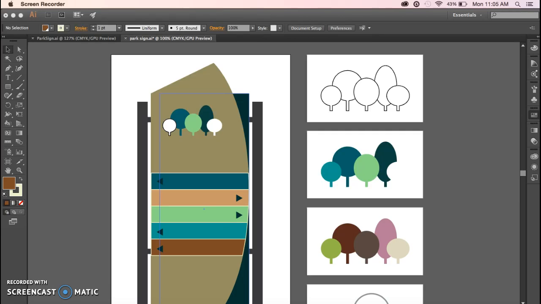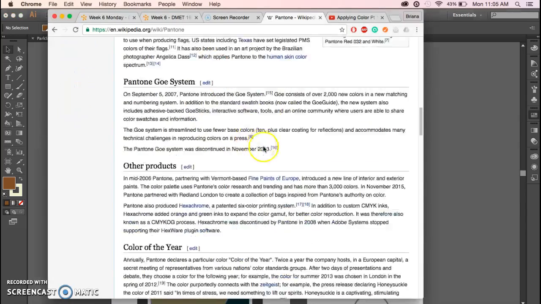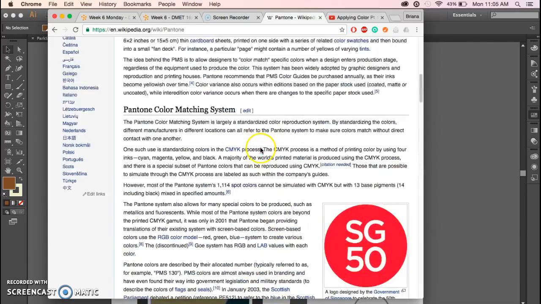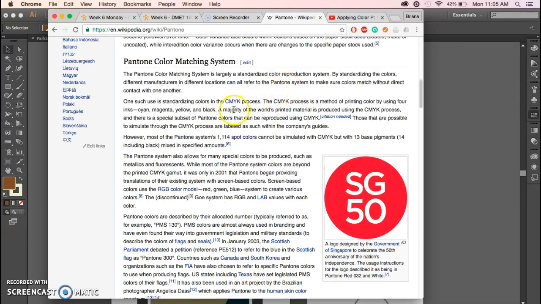I'll talk to you a little bit about adding spot colors, and they start talking about Pantone colors. So, what's Pantone color? Well, you can look it up on Wikipedia to get a little more detail. There's a lot of detail there, but basically, it's just a standardized color reproduction system. So basically, that means it's a set of swatches that are consistent